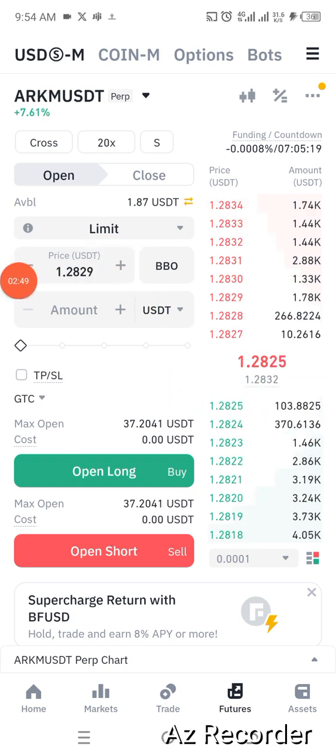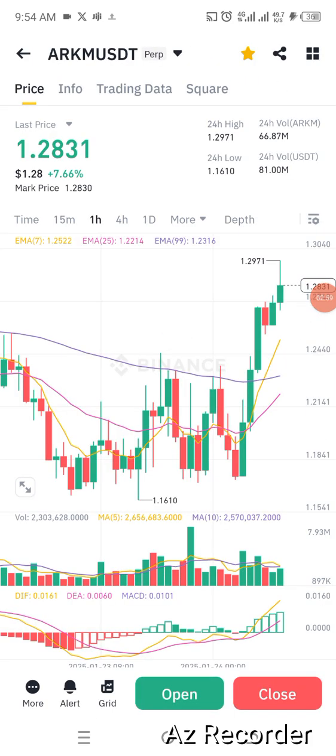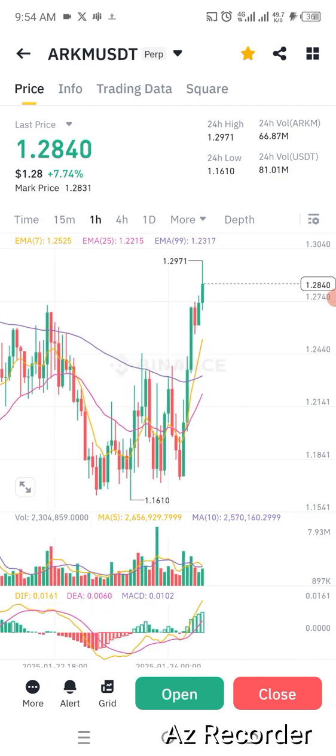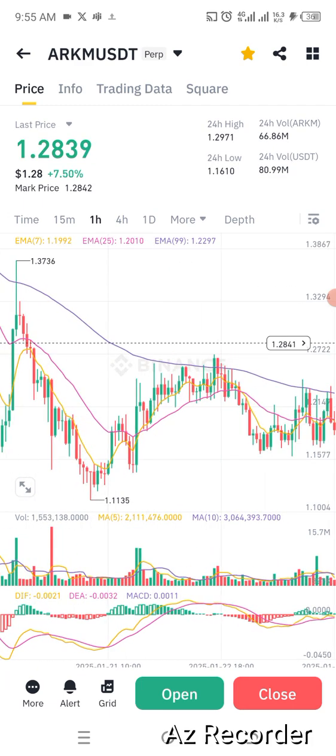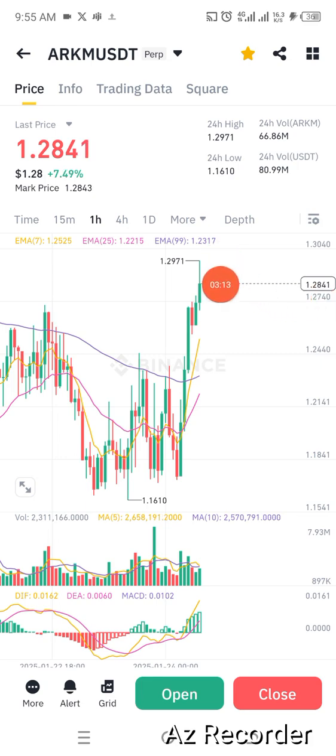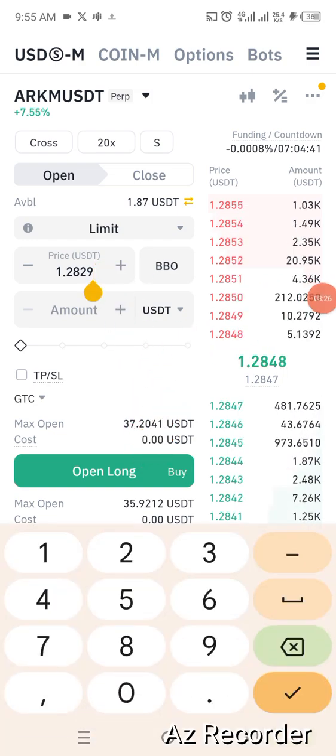So I can just say, after looking at the chart, if you want to look at the chart, from this region, this candle symbol, just tap on it to take you to the part where you see the candle charts. Let's say I want to take a short and I look at the highest swing high it has done here. It's touched 1.2971. So I'll just click on open to take me back to the interface where I'll enter my trade, and I'll just come here, tap that price, and just enter